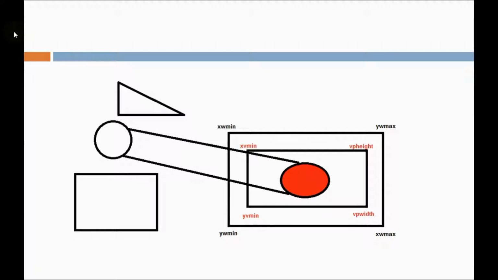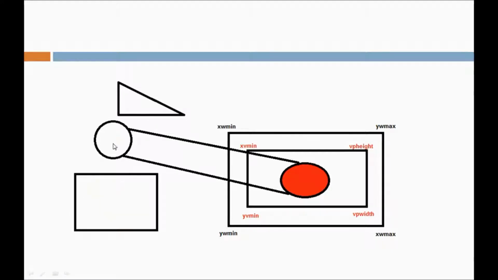So let me begin the explanation of OpenGL two-dimensional viewing functions. Before understanding the two-dimensional viewing functions of OpenGL, you need to know some of the concepts. So first thing is, you can see here in computer graphics, the scene is a set of geometrical objects. So you can see here my scene contains geometrical objects like triangle, circle and square.